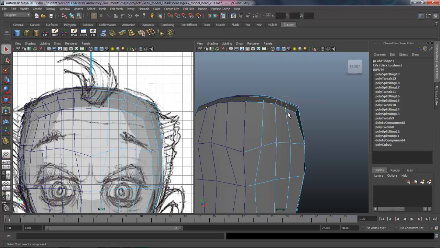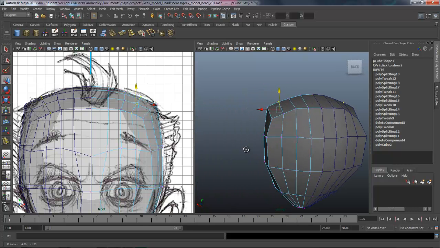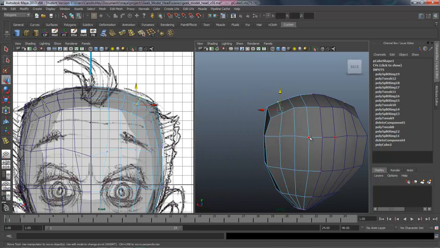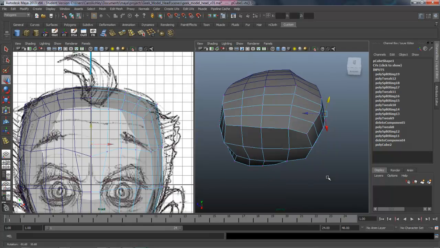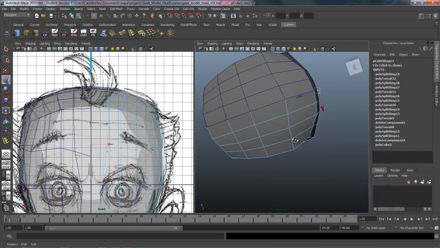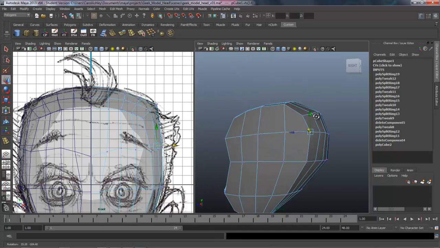Grabbing these vertices, pulling them up. Shouldn't have to do too much here. Already shaped quite a bit back here. There we go. A little bit right there, round that out. Okay.